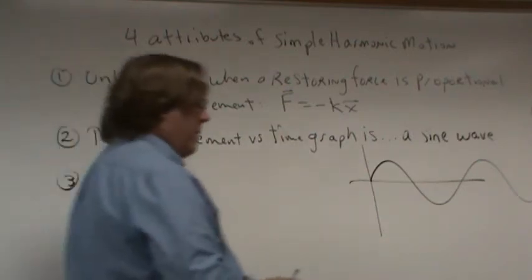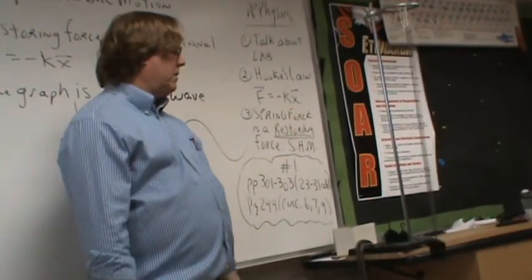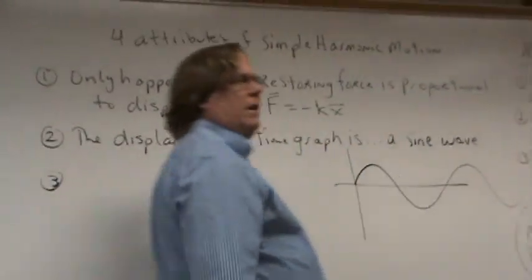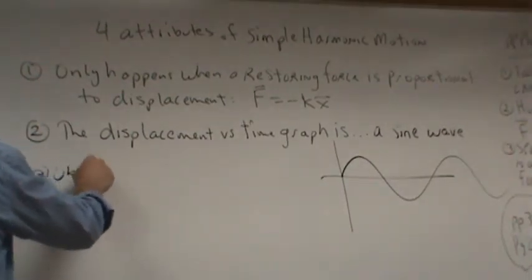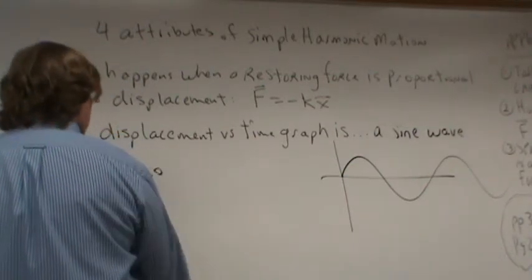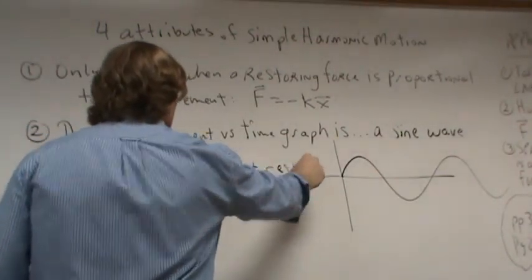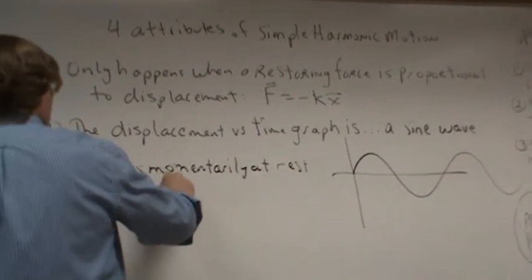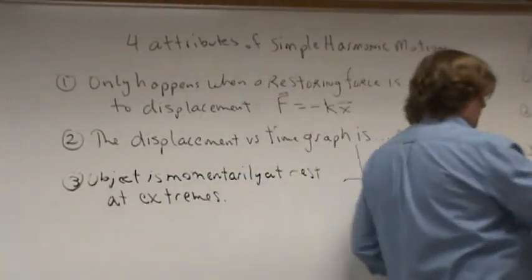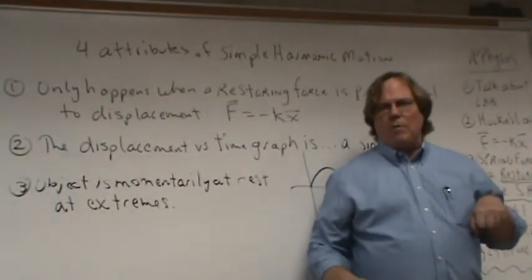Third attribute. Tell me, during its travels, when is this mass momentarily at rest? When it reaches the top. Good. When it reaches the top, and where else? Bottom. Reaches the bottom. Good. So it's momentarily at rest. Object is momentarily at rest at the extremes. That is, at the top and the bottom,